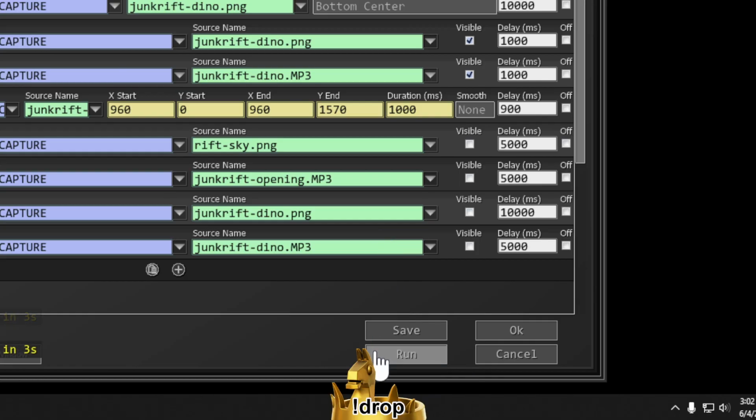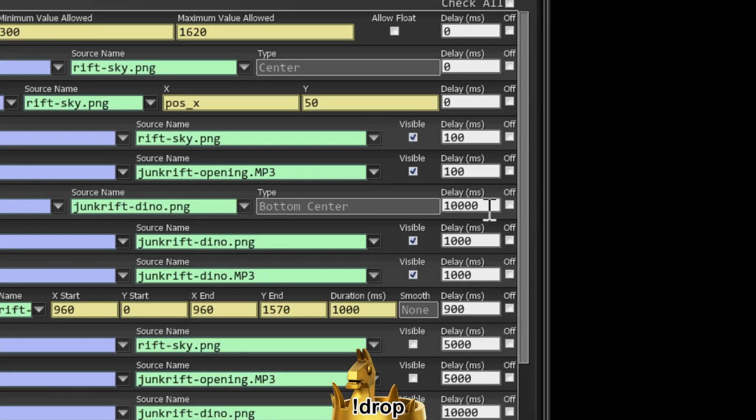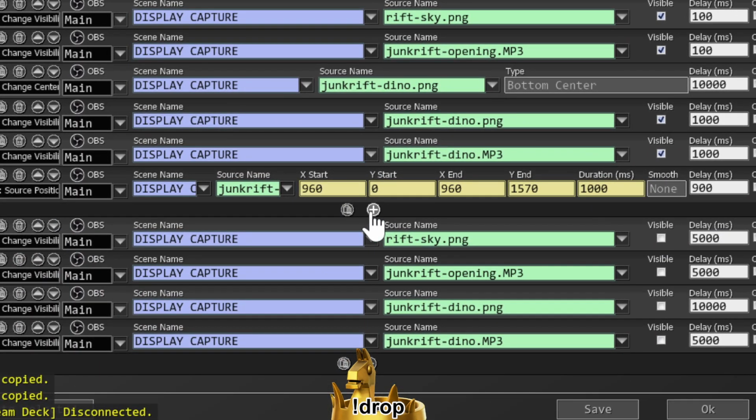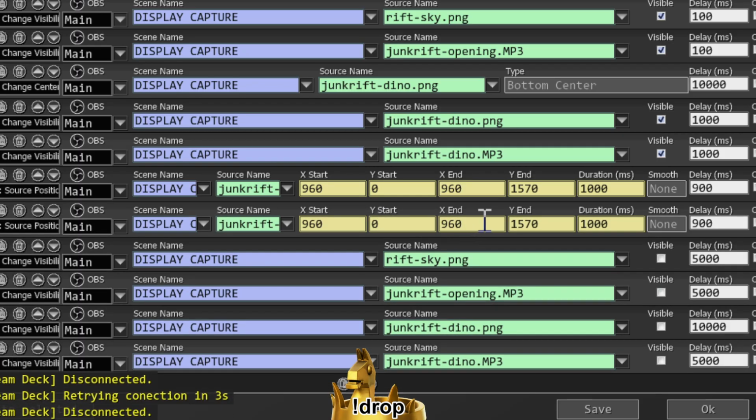I'm going to make that dinosaur... Maybe it should disappear sooner. But I was going to make the dinosaur move again, so let's do that. After it crashes at its position, I'm going to create another movement that starts from that crashed position. And then